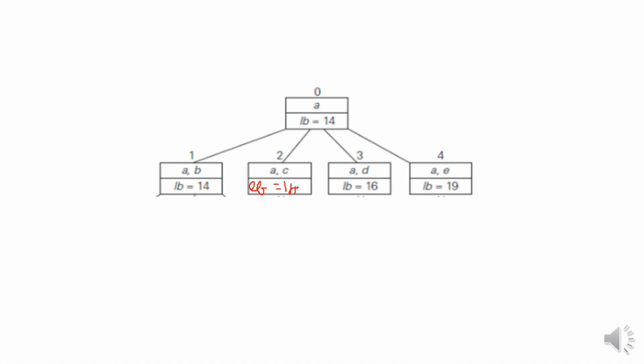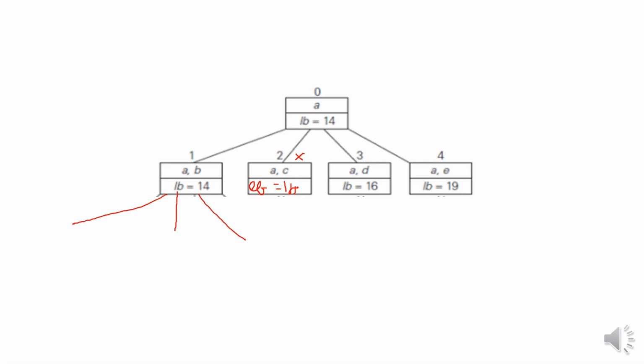So you have 2 nodes with the least value, that is 14. So you can expand both, but this we will not consider. Why? Because considering the undirected graph, we are going to get the same path. So this node 2 we will not proceed. We will expand only this particular node.